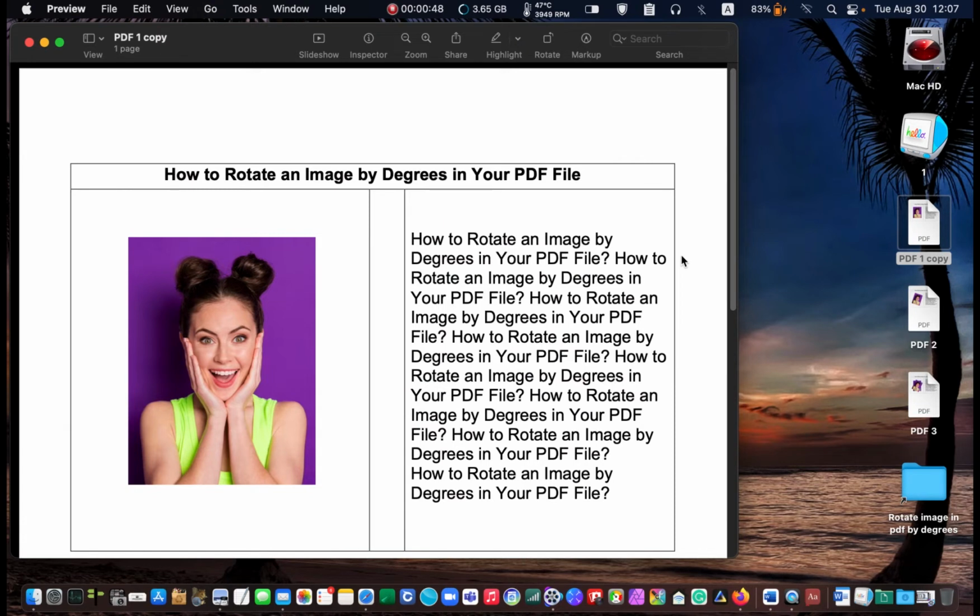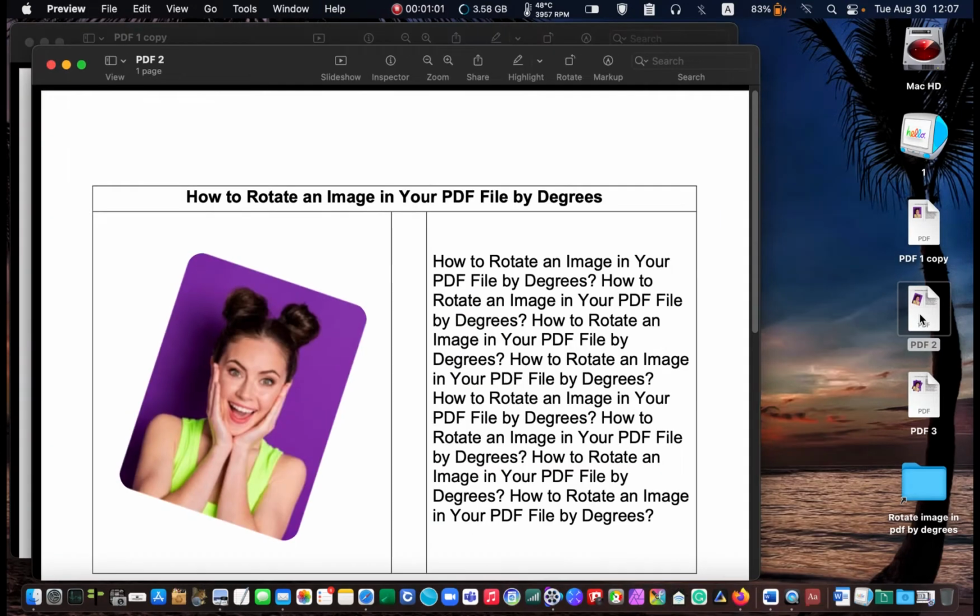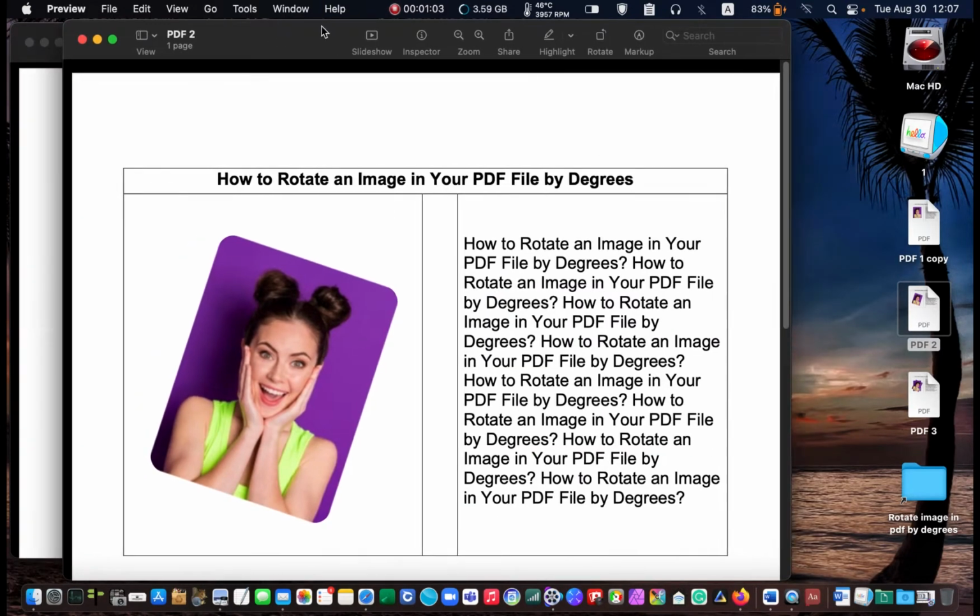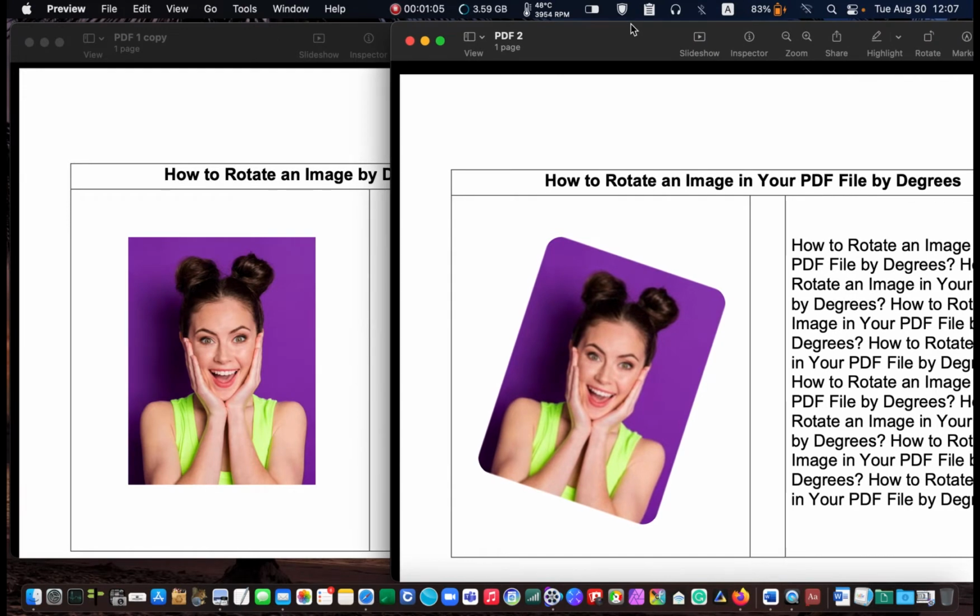I have one image and some text in this PDF file. I want to rotate this image. The end result will look like this. To rotate the image by degrees,